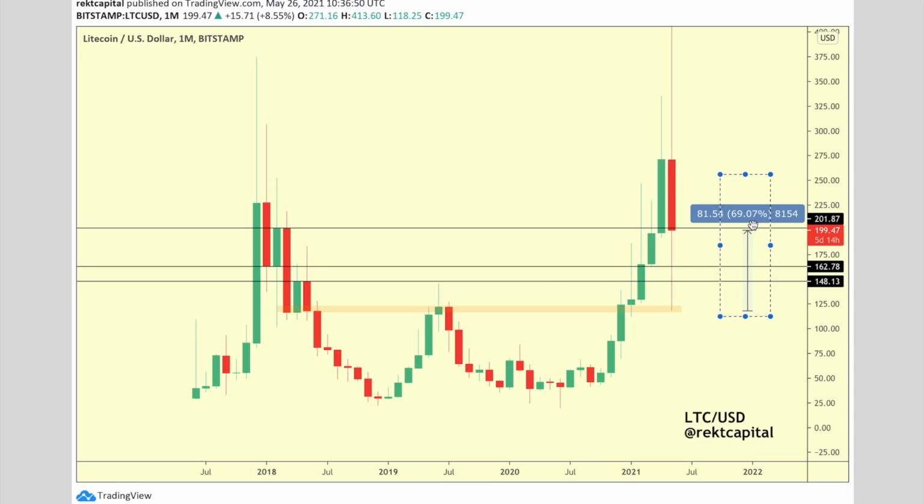70% essentially. It's not a bear market. It doesn't look like a bear market from this sort of buy-side reaction. People are really happy to still be scooping up some cheap discounts on altcoins and Bitcoin as well. Essentially, Bitcoin has rallied half of what Litecoin was able to have. Litecoin has outpaced Bitcoin by a factor of 2, which is really interesting to see because altcoins are still having that buy-side interest. So really interesting to have this 202 level turn into a support after the monthly close above this level,